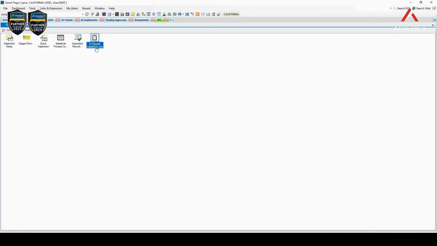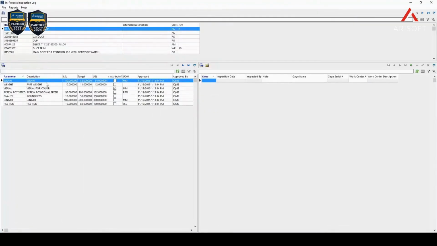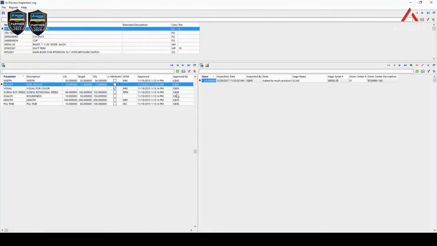Users can use the in-process inspection log to give a live view of the inspections and logging of value data that is happening on the shop floor. This is a great place to view overall notes, including who is conducting the inspections and which equipment is being used. Up until this point, we have discussed manual inspections, but, as we mentioned, real-time process monitoring plays a role